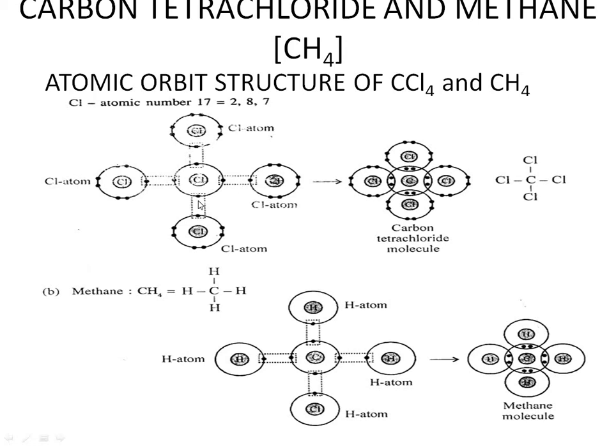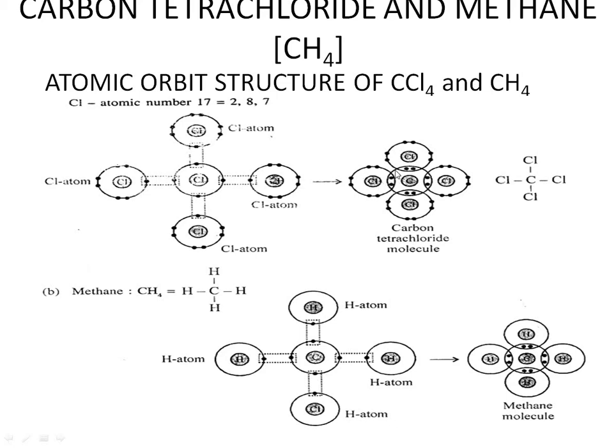Now in this case, carbon already has only 4 electrons. If it gets 1 electron from each chlorine, the remaining 4 electrons, it becomes stabilized, obeying the octet rule. So it is going to share 1 electron from each chlorine atom. Now coming to chlorine, this chlorine has to be stabilized, it has to get 1 electron to obey the octet rule, 8 electrons. So each chlorine atom will be getting 1 electron from the single carbon atom. So this is how the covalent bonding takes place.